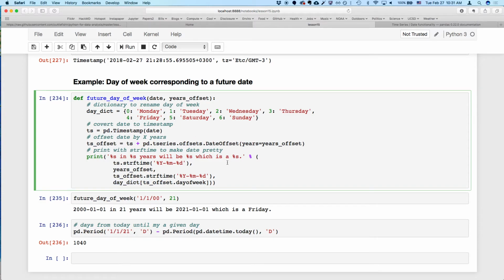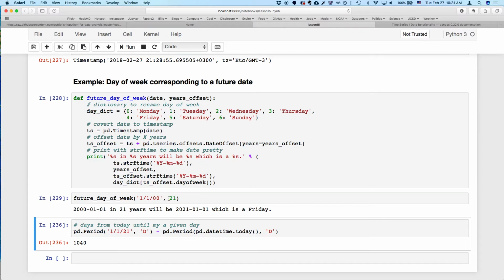So, for example, if you were born on the millennium, January 1st, 2000, you would turn 21 years old on January 1st, 2021, and that's a Friday. Or, for example, you want to know how many days from today until a given day. If that's your 21st birthday, you say your 21st birthday is January 1st, 2021, you can make a period corresponding to that day and subtract from that a period corresponding to today,